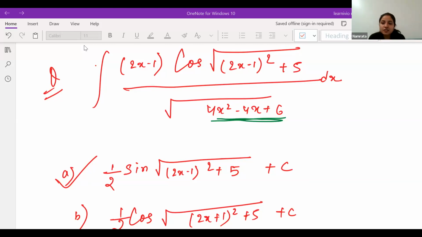I'll be giving that partial fraction related question in the homework. You will be able to do it. It will be a very simple question. The way you have applied the method of partial fraction in class 12, same way you have to apply it over here. I'll be giving a few questions from that portion also. And these are the questions which we have taken today. So do practice and let me know if you feel